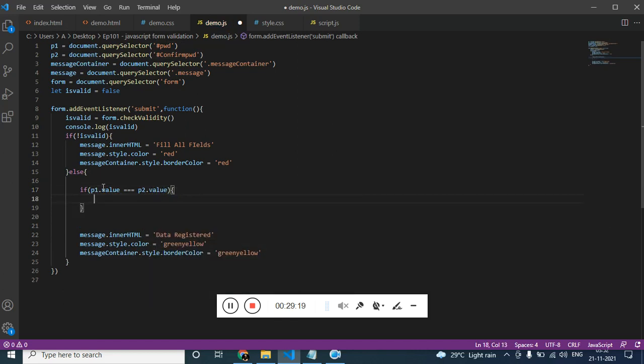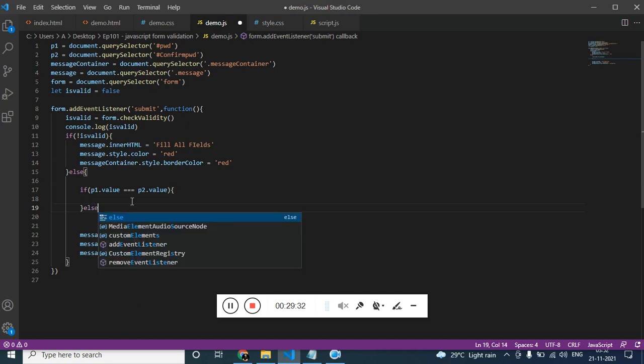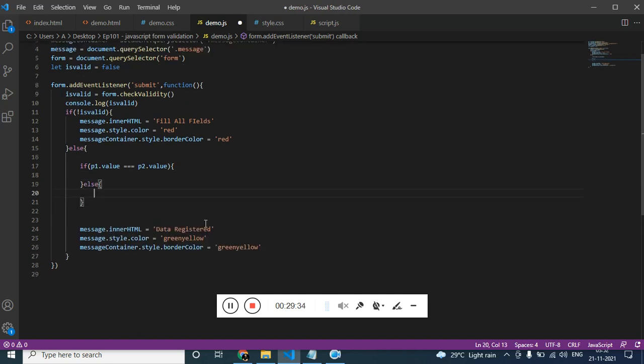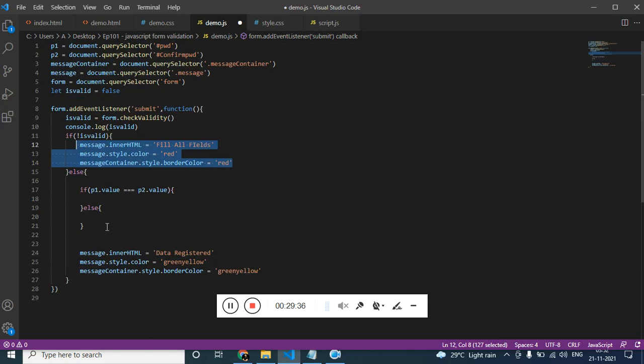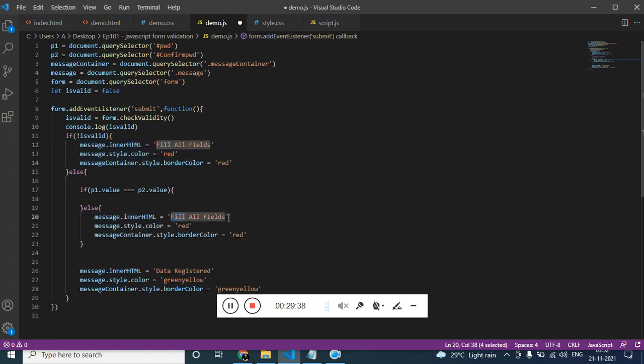If both of them are equal, then we don't need to do anything. If it is not equal, then we need to show a message, password didn't match.